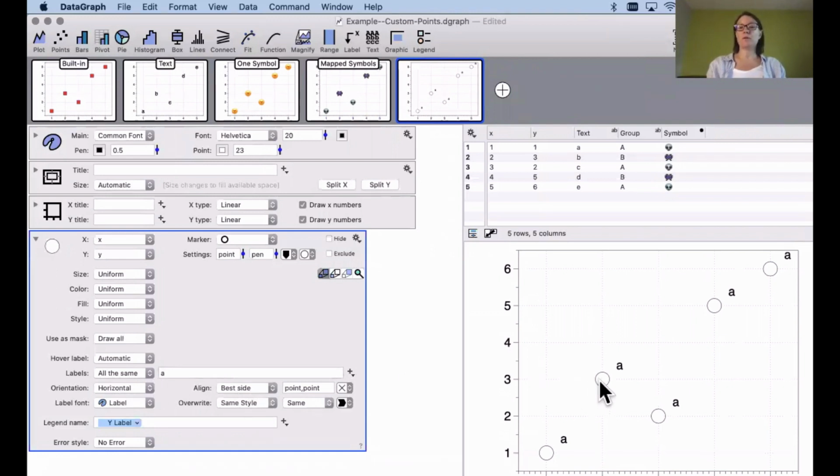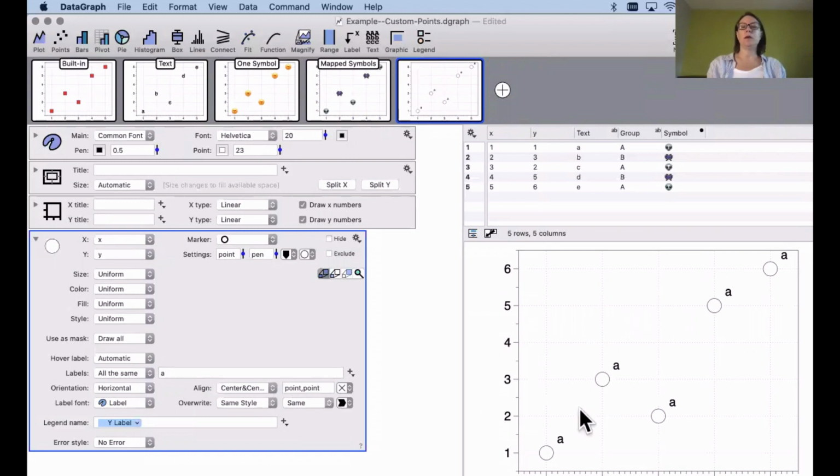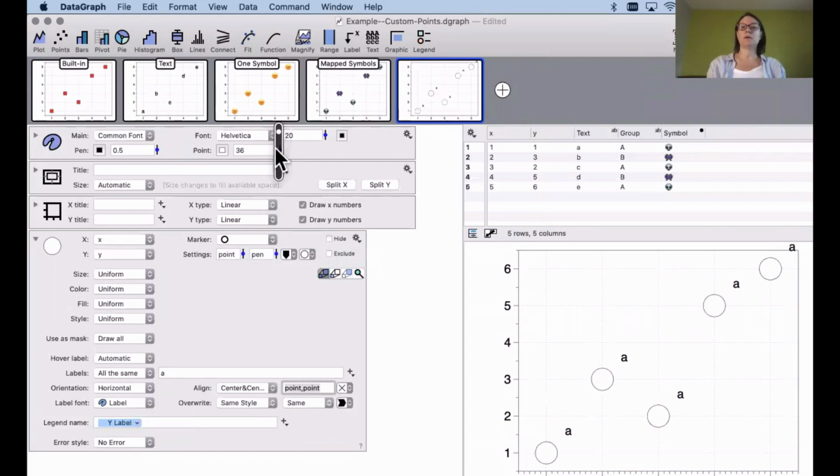By default, the label is aligning away from the point, but you could change the label to be centered, and then this offset, notice the offset by default is the same as the point value, so that the label is not right on the point itself. But I could make this 0, 0. Now I have my letter